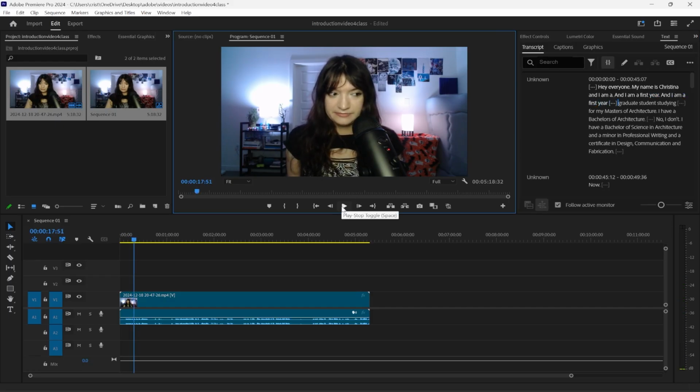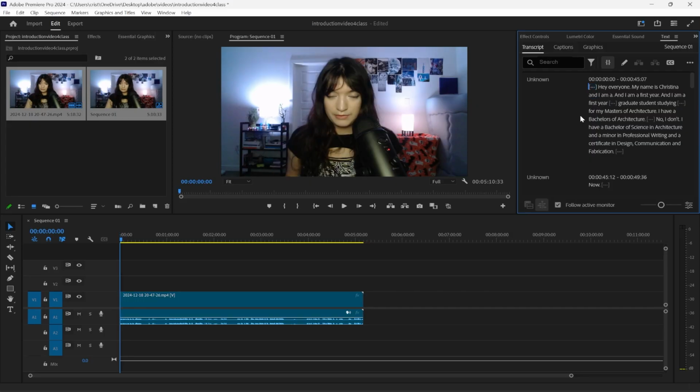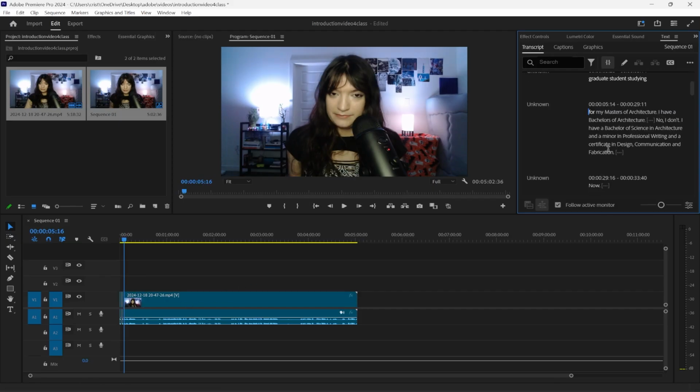So obviously I am struggling trying to get out that sentence. I keep repeating myself and pausing. All I have to do is just click on that and it highlights that in blue, and I'm just going to hit backspace on my keyboard, and down here we can see that it is shortened. Again, to praise this tool, I love that it picks up on what I'm saying, and of course it's not always going to be perfect.